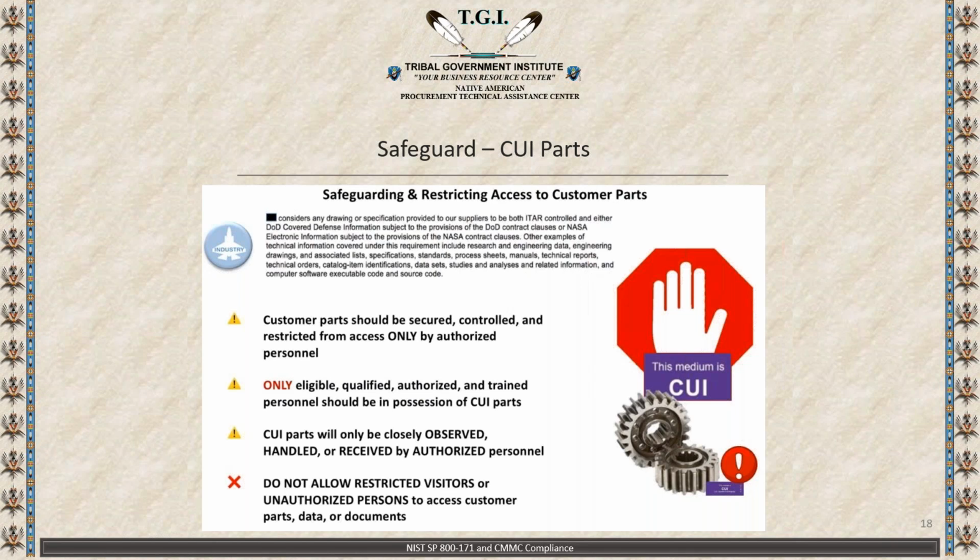For example, let's compare two different bolts. Bolt A is used in a Navy gun turret, and it keeps the gun turret anchored to the ship and has very unique specifications. Bolt B is almost the same and falls under the standard military specification, but it is used to anchor, I don't know, light poles, and you can get it on the public internet. Bolt A is CUI and controlled, while Bolt B is not CUI and not controlled.